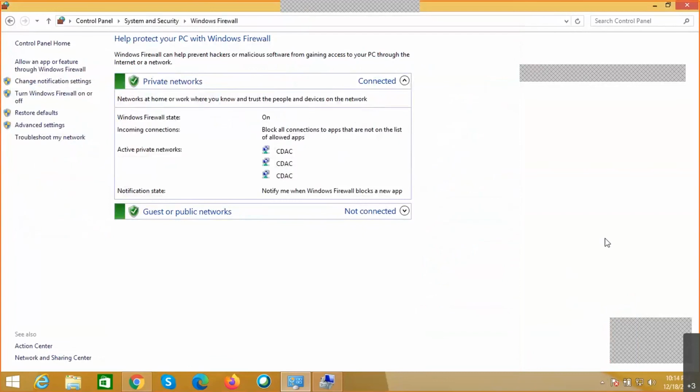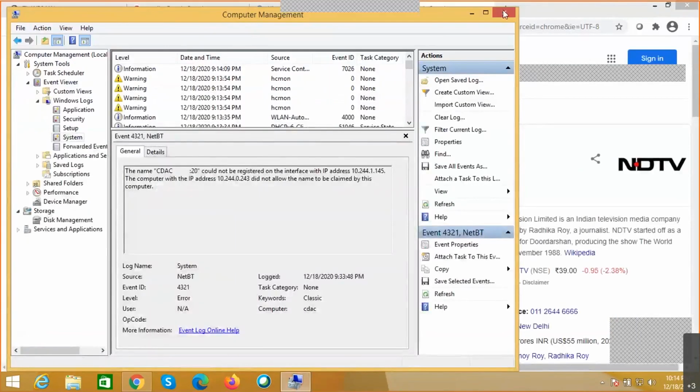When we install an antivirus, the firewall feature will be taken over by the antivirus, so that it is an integrated feature in the antivirus software. So this is how the firewall section is there.